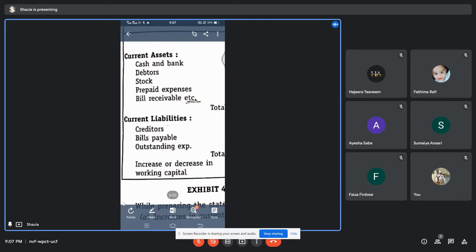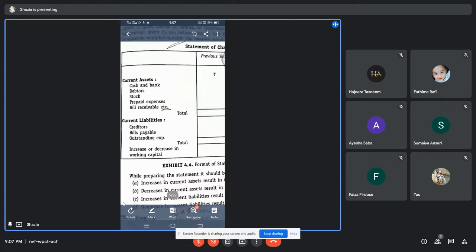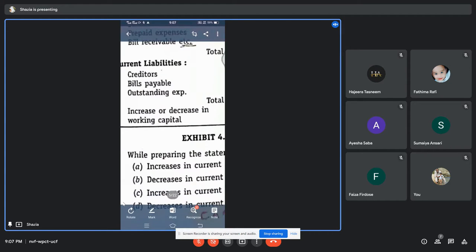provision for taxation will also come here. Okay, remember this, write it in your notes there. When you're writing this, also write down provision for taxation. Provision for taxation is also a part of your current liability. In the format it is not given, but when you go ahead and do this thing here, quickly.